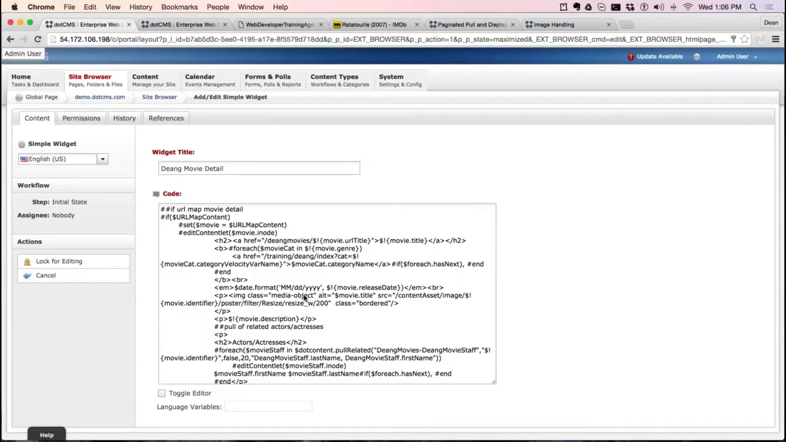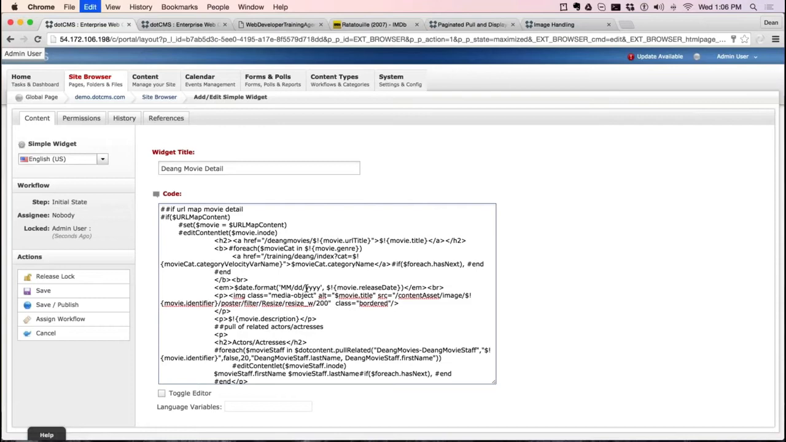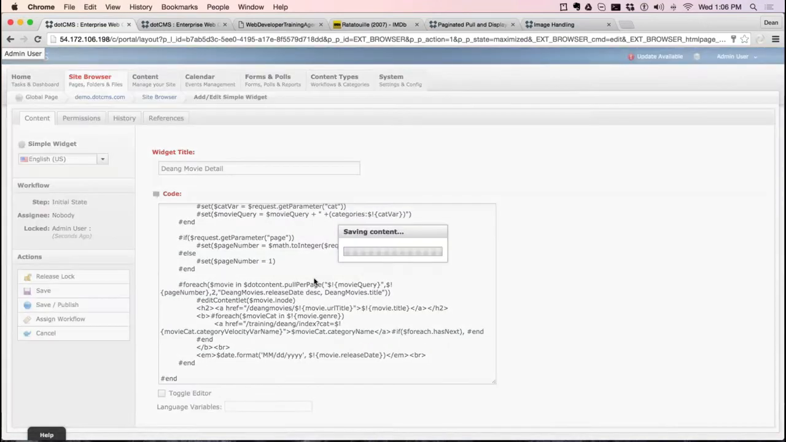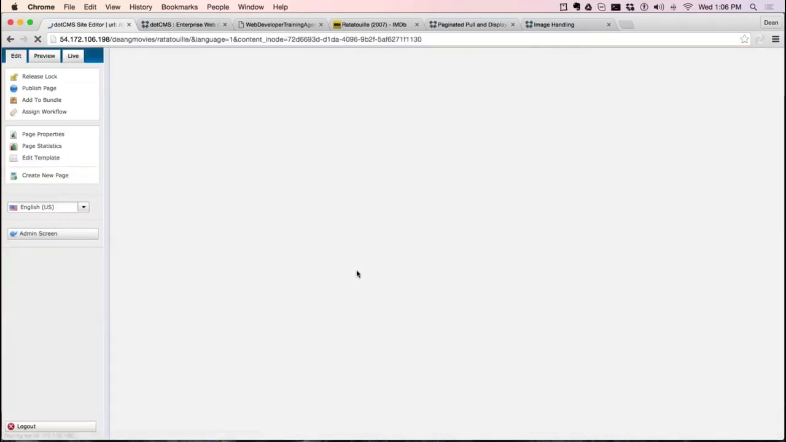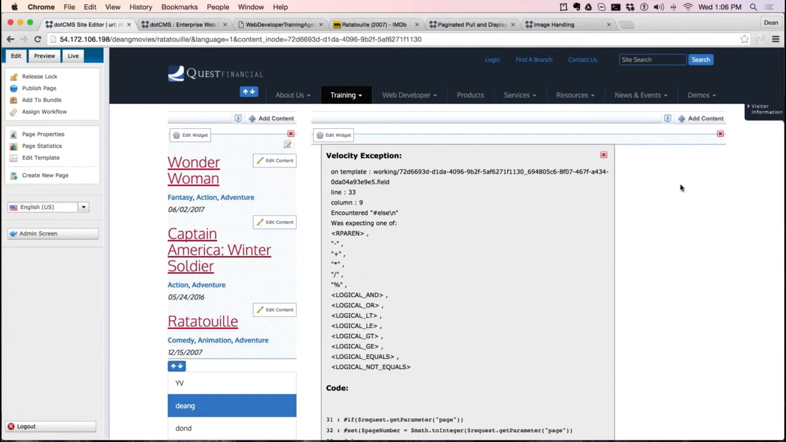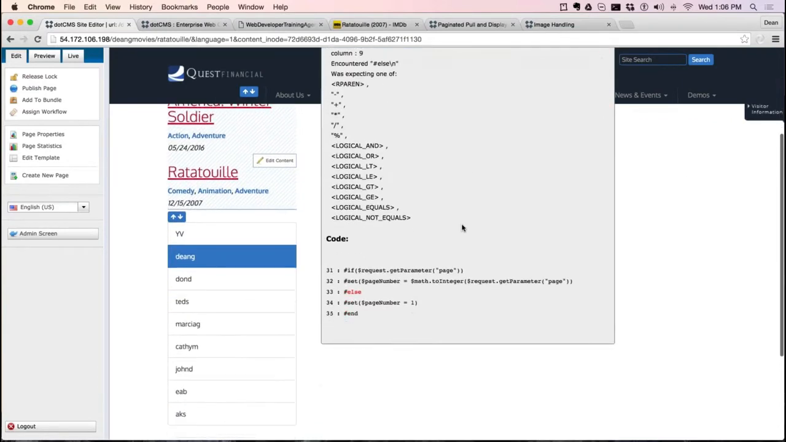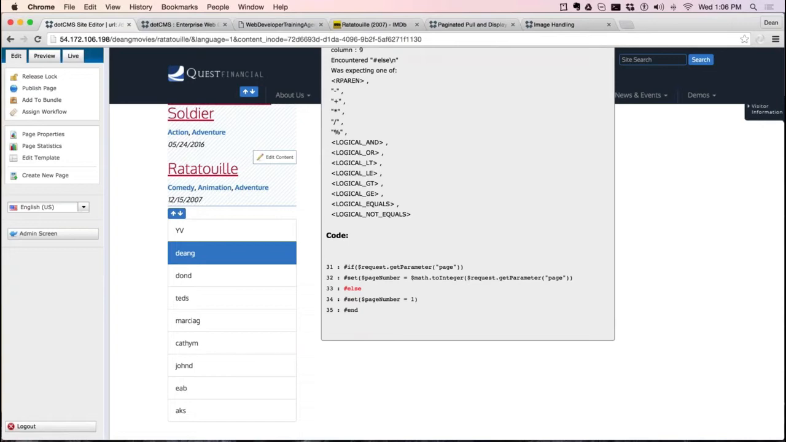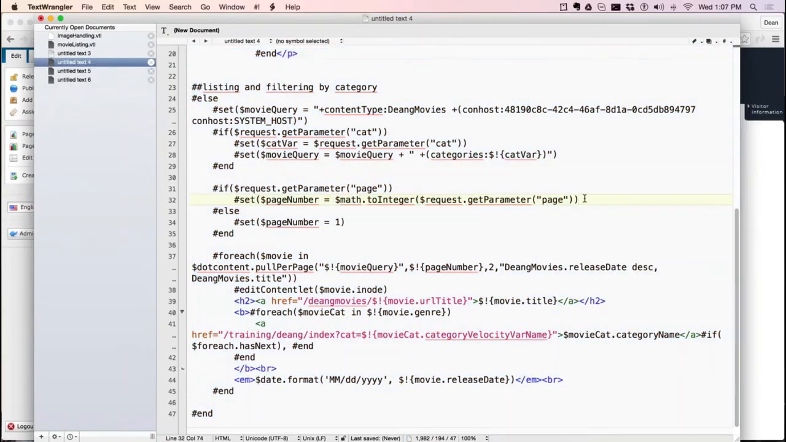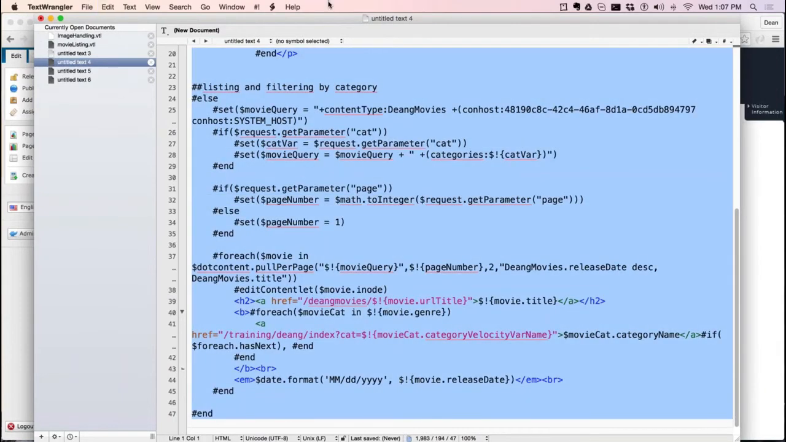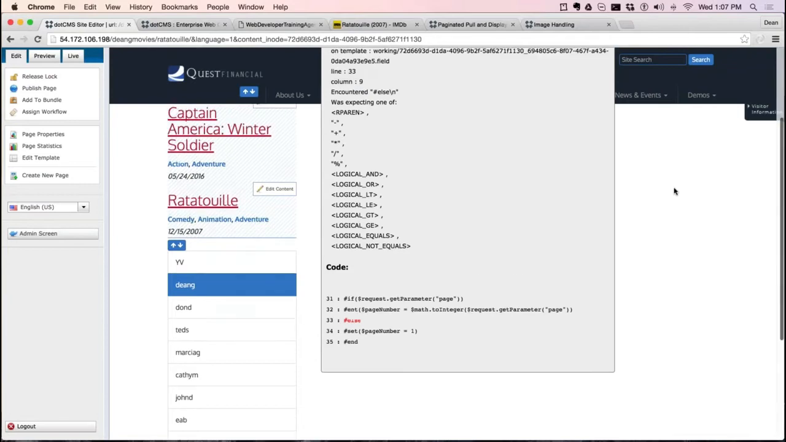And edit the simple widget here, and save and publish. What did I leave off? I didn't put the right number of ending parentheses. Sorry about that. So let's finish here. Add that parenthesis and